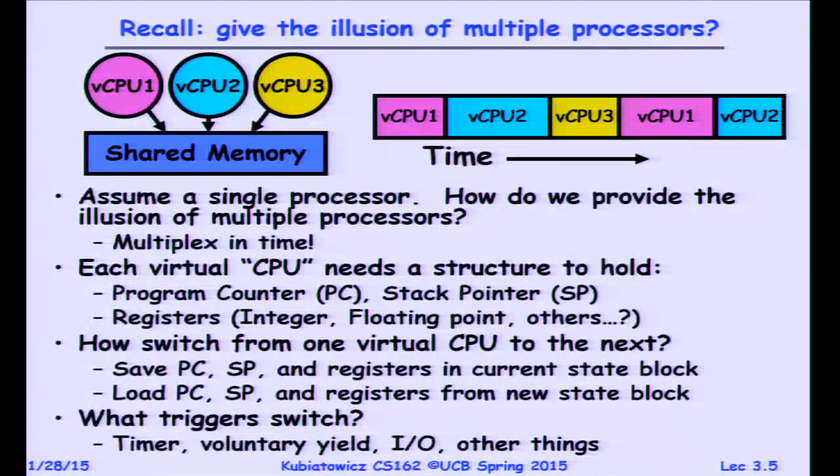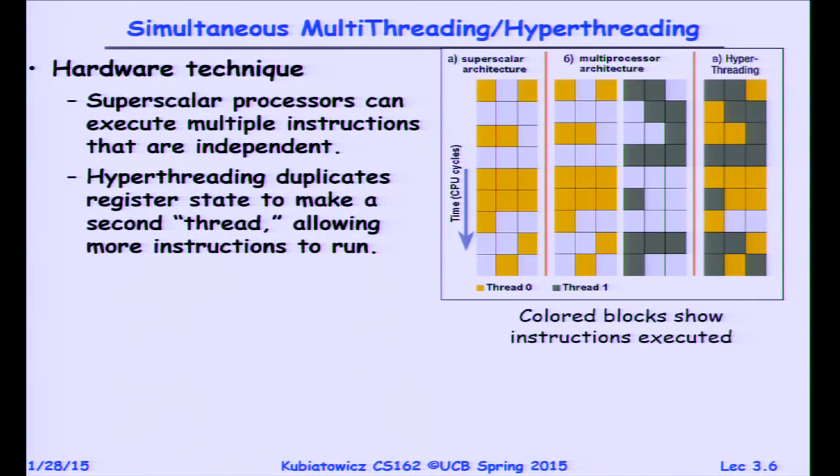Now, I promised you something last time, and we didn't quite get to it. There was a good question about halfway through the lecture, which was: does software have to do this multiplexing, or could we have hardware do it? And the answer is that, yes, you can actually design hardware to do the multiplexing for you. There is a concept called simultaneous multithreading, which Intel has called hyperthreading. It originally came out of the University of Washington, which is a vibrant place up near Seattle. The idea here is that it's a hardware technique for providing multiple threads with 1 set of pipeline